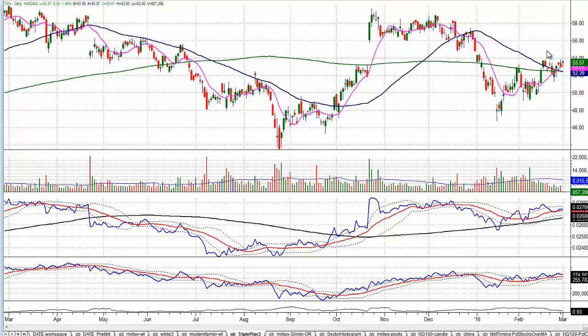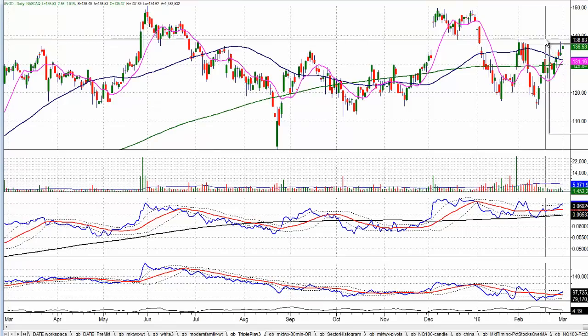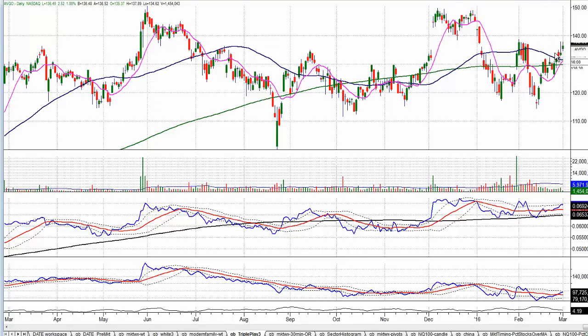Another one that looks very similar in terms of being over the 50 and over the 200 is AVGO, right? Now, this one is clearly in a range, so if it comes up to the 138 level and breaks out above that, it's an interesting breakout. But if the market's trying to shake people out, this is one you might look at on a pullback down towards this 10-day moving average, which is the magenta line, right? Now you can see on the triple play, this thing's really beginning to shape up. It's telling you that it could become a leader, much like the same indicators